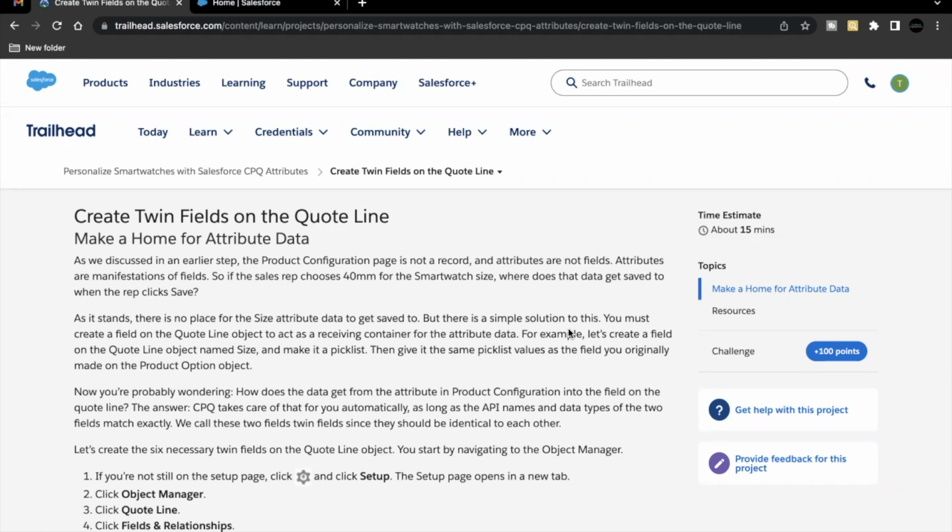If you have noticed in the previous units, we had created a few configuration attributes and global attributes. But whenever we set any value to those fields and click on save, those values aren't saved anywhere on the quote line or in the database. So in order to make those values of configuration attributes or global attributes get saved in our database, we need twin fields. Twin fields are basically the fields having the same API name and the